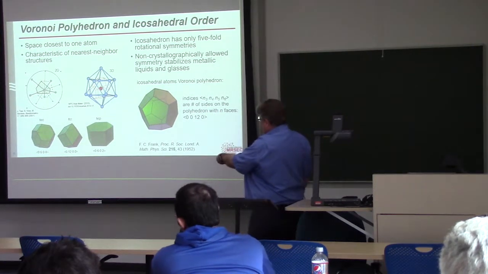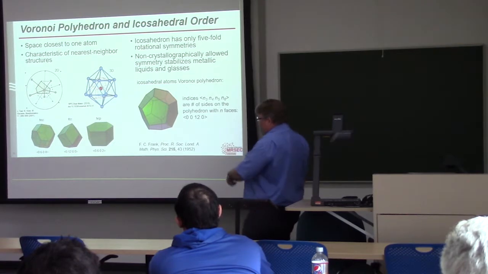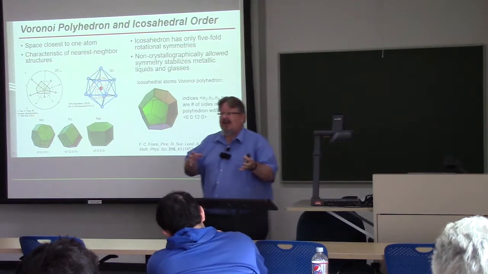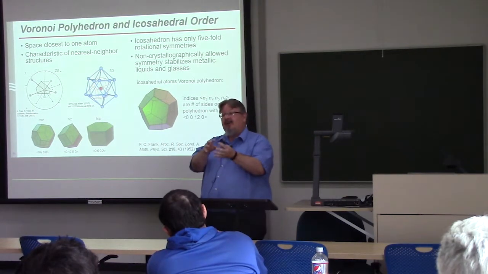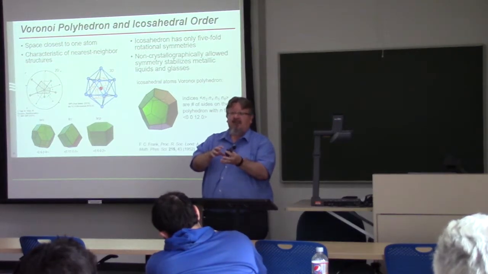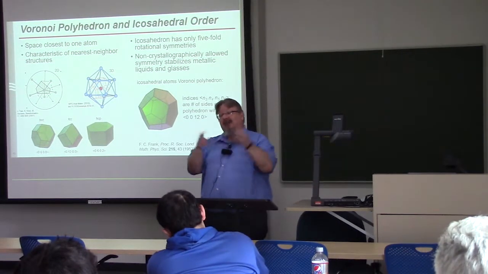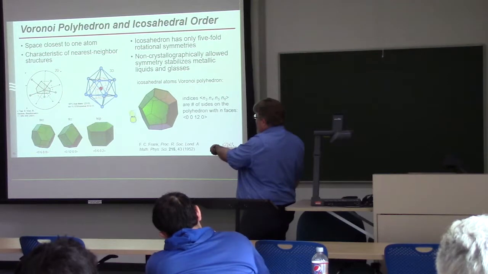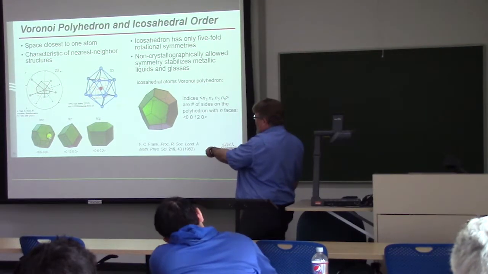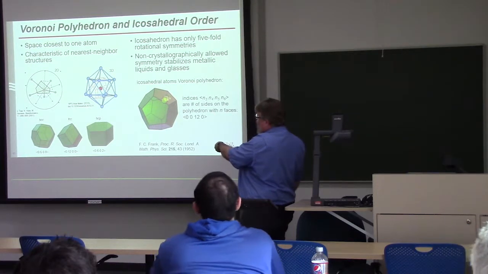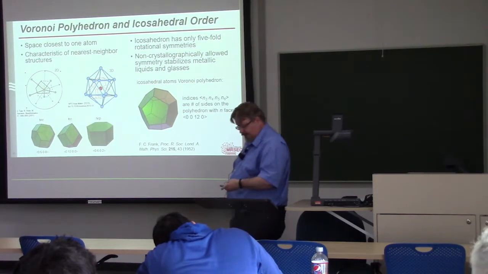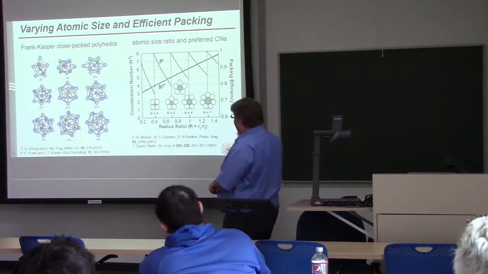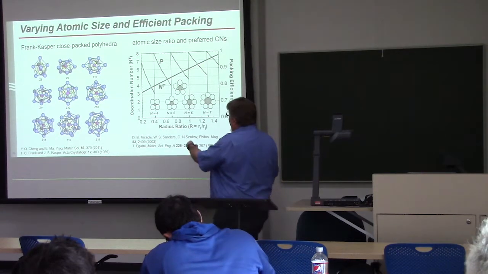This was pointed out by Frank in some of the earliest work on undercooling of simple metals. That an icosahedron is a close packed structure at the nearest neighbor level. It has the same number of nearest neighbors as FCC or HCP, but it can't tile space. So if you form icosahedra in the liquid, it will tend to stabilize the liquid against crystallization, and it'll do the same thing if you can cool the liquid quickly enough to form a glass. So dense random packing gives us a good place to start, but we can build on this idea of efficient